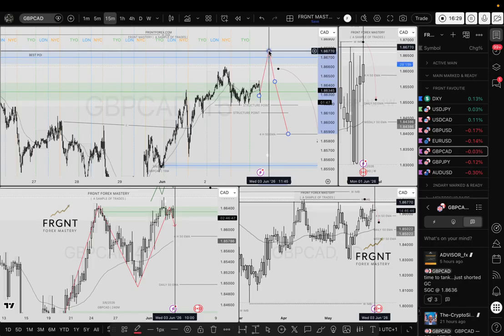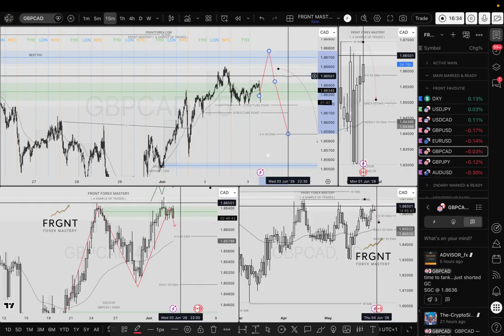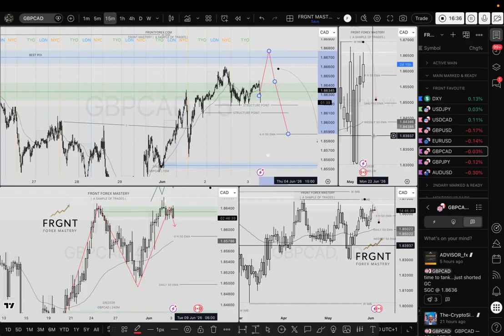Up at these highs, you're definitely more in line with getting a 1 to 3, 1 to 4 from those highs. So definitely the range up at these highs is a lot better. That's GCAD for me at the moment.